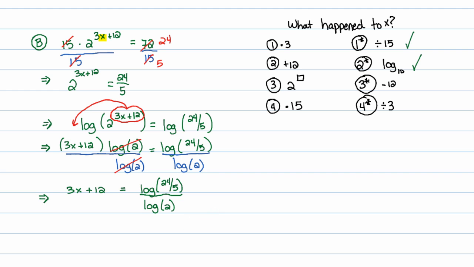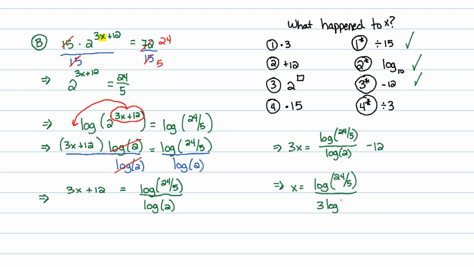The next thing I will do is subtract 12 from both sides. So this will give me that 3x is equal to that nastiness, which is log of 24 fifths over log of 2, and then minus 12. And now I'll divide both sides by 3 to get that x is equal to. Now dividing by 3 is the same thing as multiplying each denominator by 3. So that's going to be log of 24 fifths over 3 log of 2 minus 12 over 3, or in other words, minus 4. That would be our exact answer, and that's